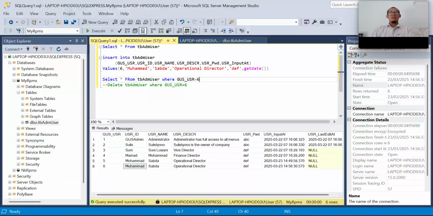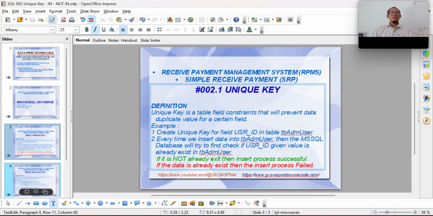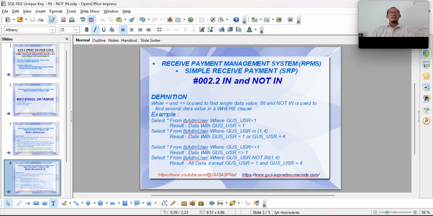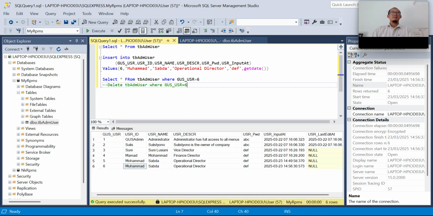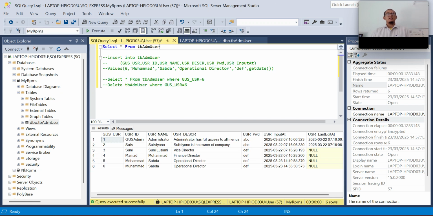Now let's move to our second lesson today: IN and NOT IN. Okay. Let's see our data here. We have this data.